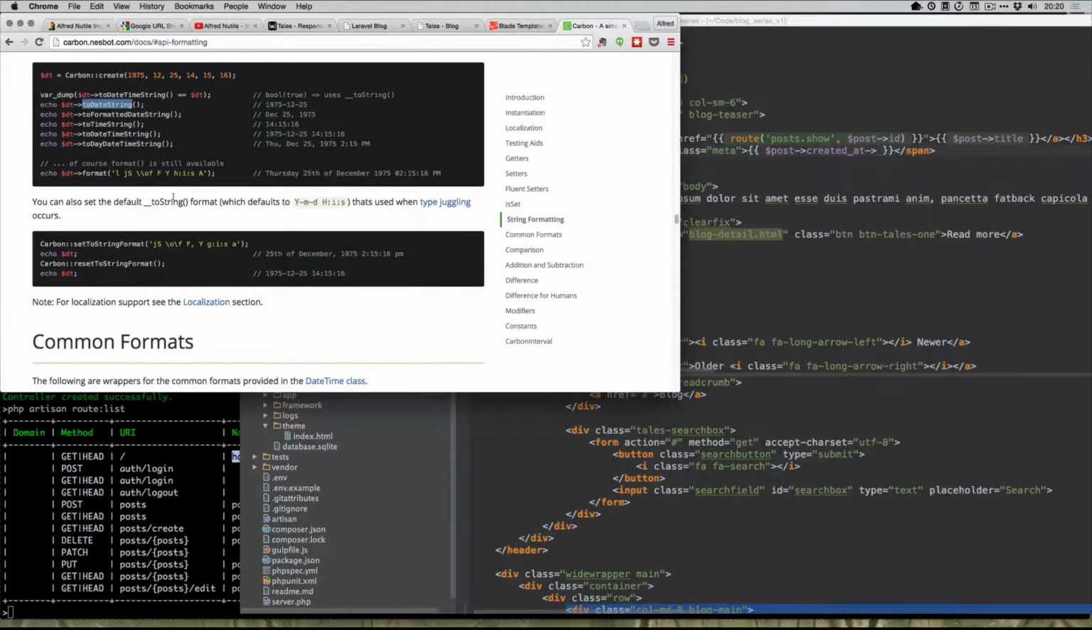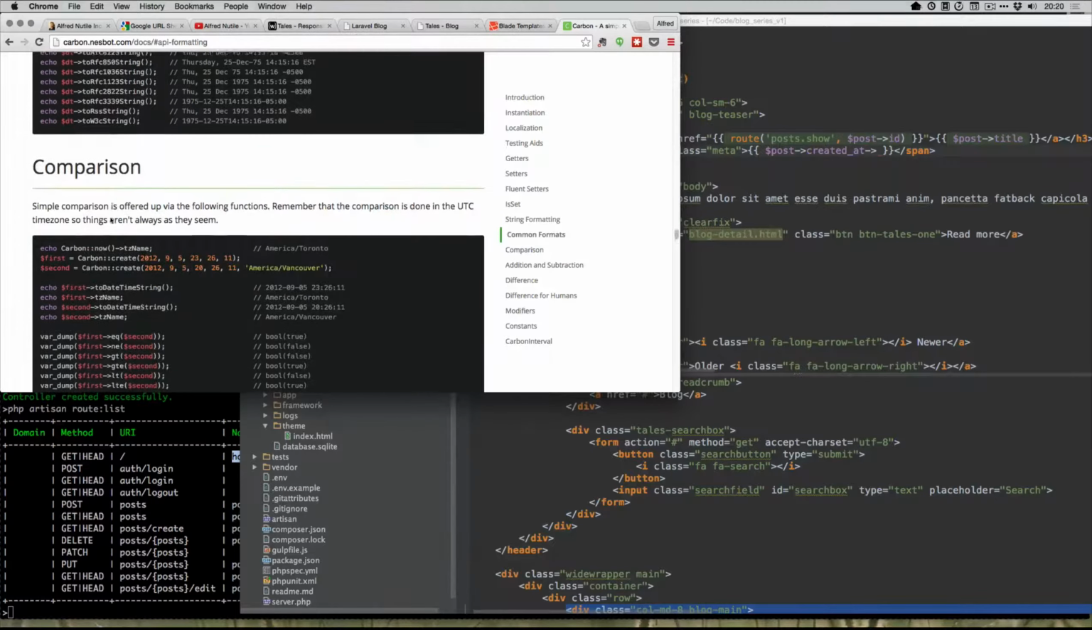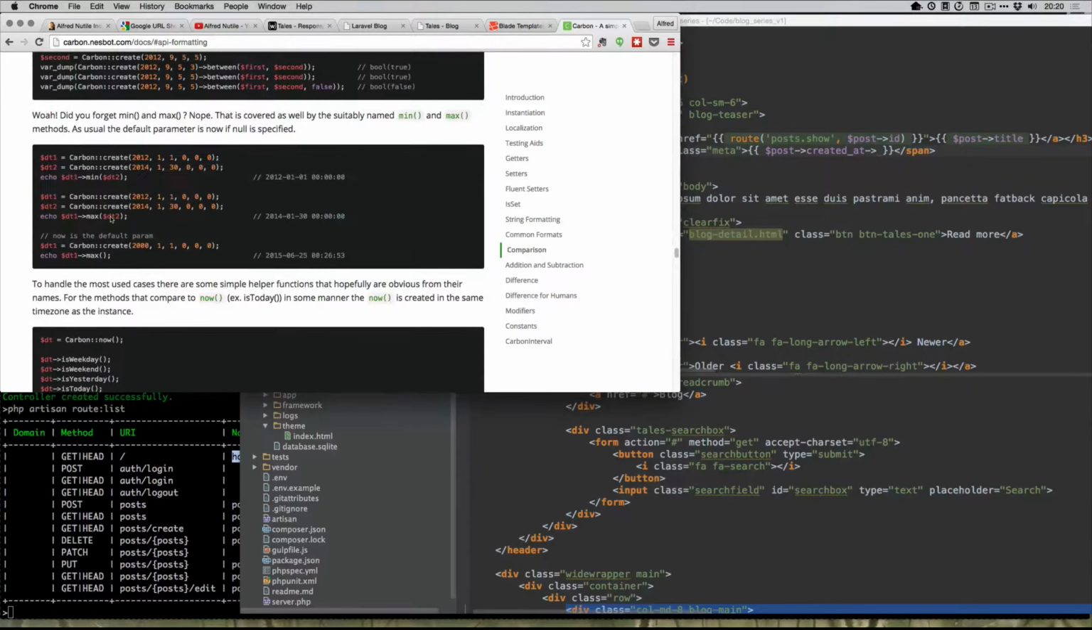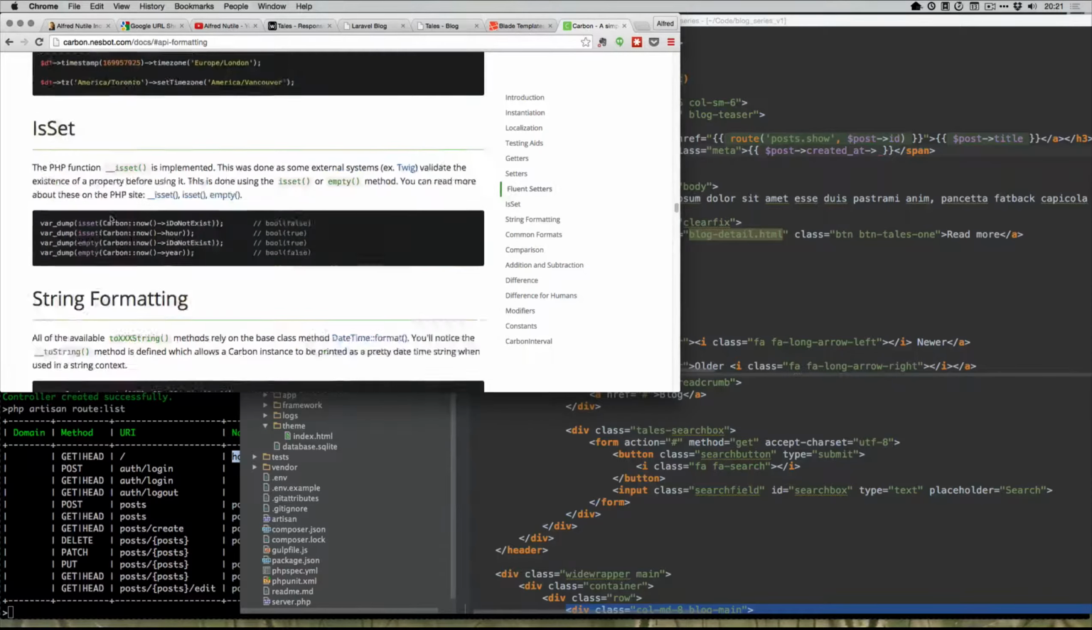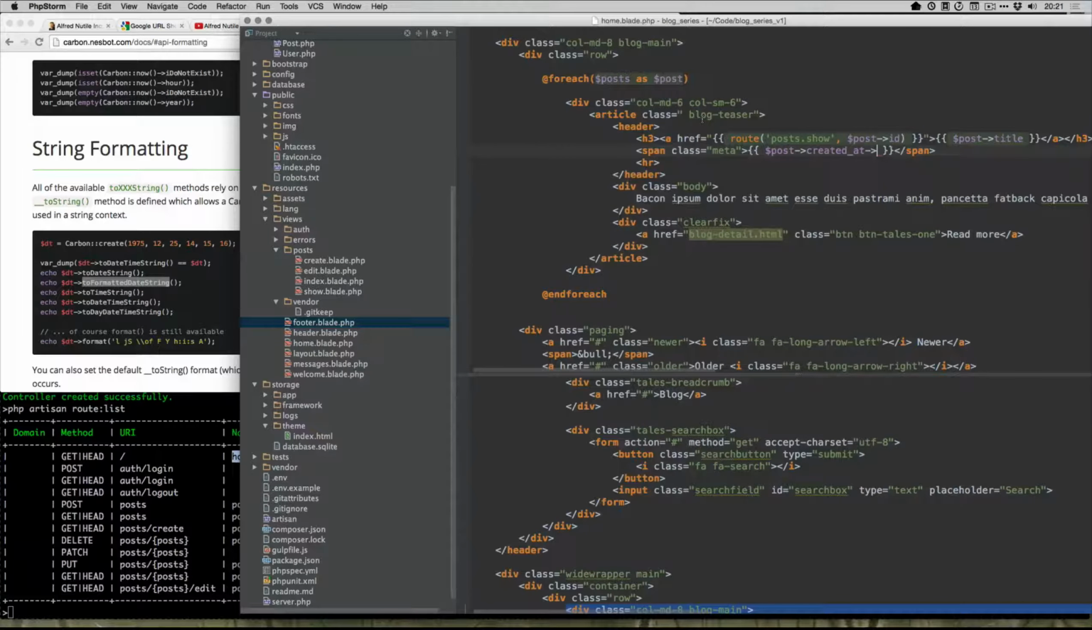Wow, it's a cookie string. Just trying to find something simple. Let's just say, we'll just start off simple. We'll just do this. But that should be, because the created that comes off the post is not only the